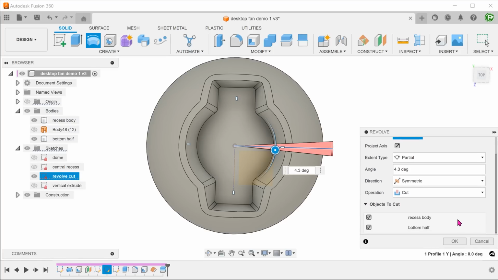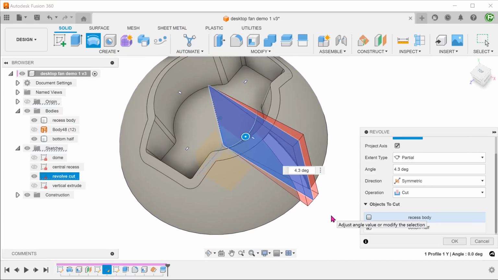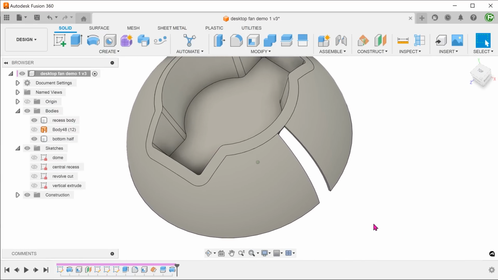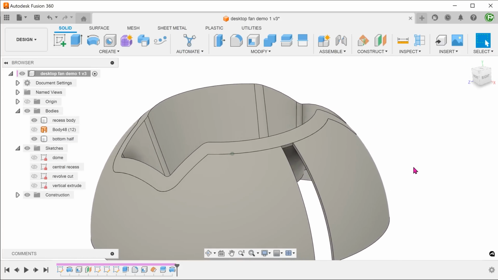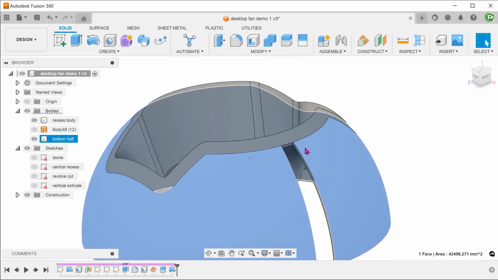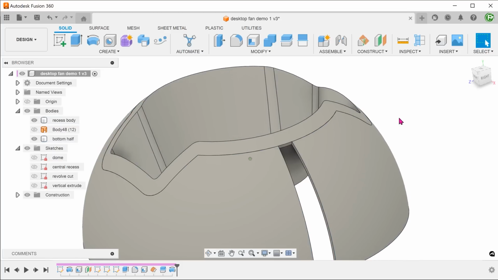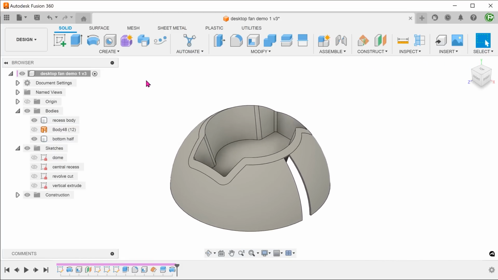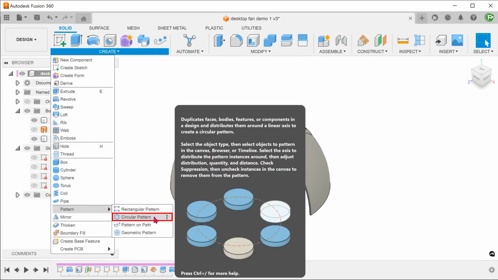We only want to cut the bottom split out portion. Go to Objects to cut and deselect the recessed body. At this moment, we will not be able to make a full round fillet at this end, since the bodies are still separate. Should we combine the two bodies and create a full round fillet? The problem with doing that is that we cannot create a circular pattern of combines. So let's create a circular pattern of these slots as it is and see where that leads us.